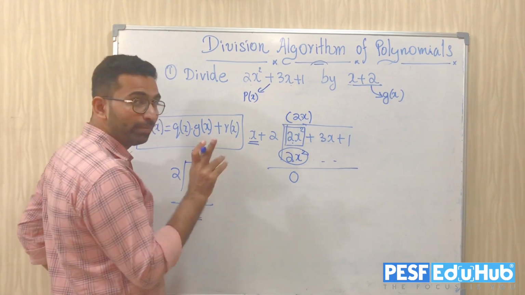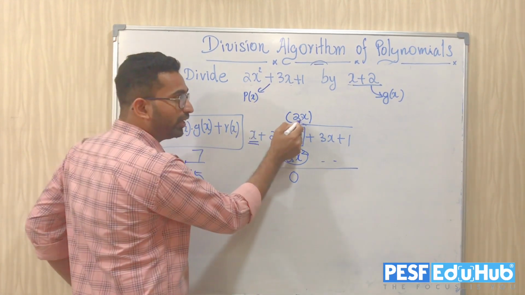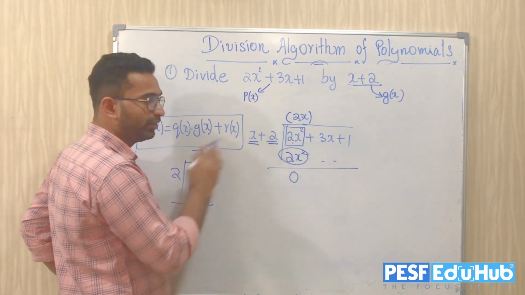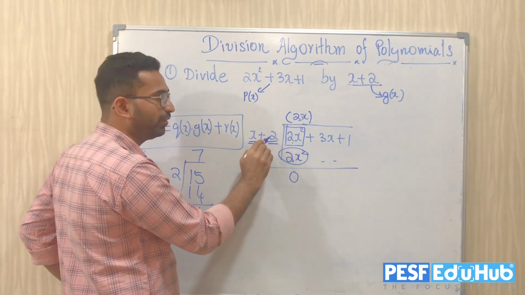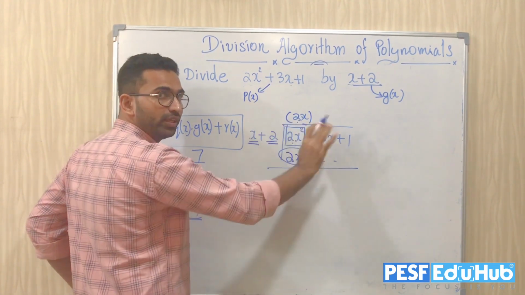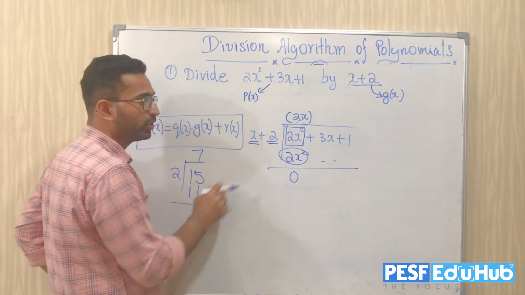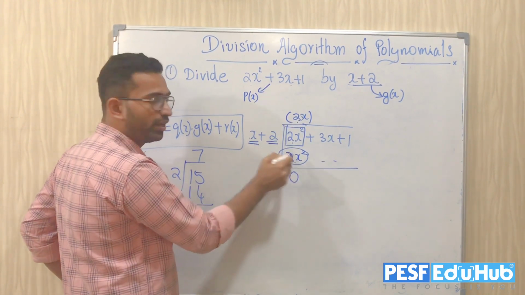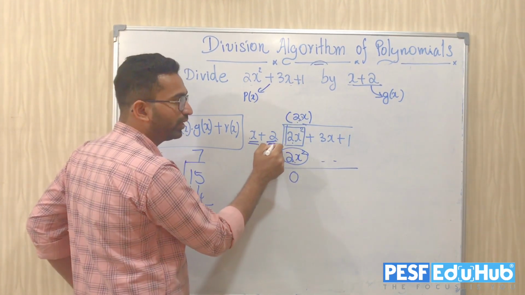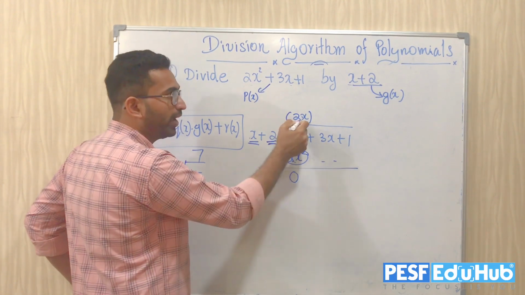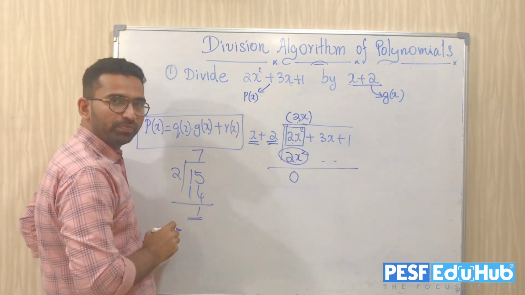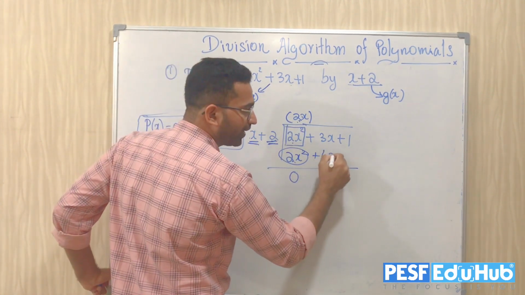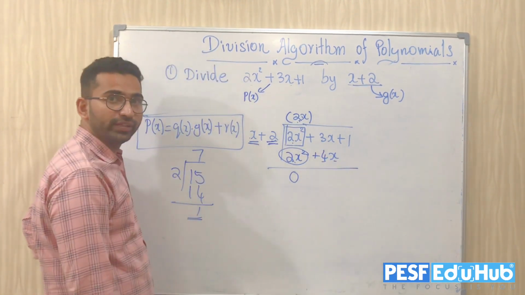But at the same time, don't forget to multiply your quotient with the second term. If there are 3 terms, you have to multiply your quotient with all the rest of the terms. Because you simply multiply 2x and x, I have written here as 2x square, but there is a plus 2 here. So I have to multiply this 2x with this 2 as well. So how much you will get? 2x into 2, I will get as 4x. Don't forget that step.